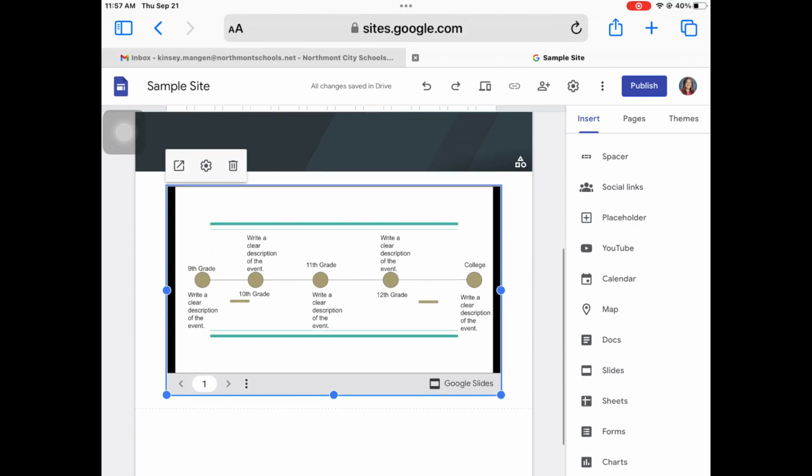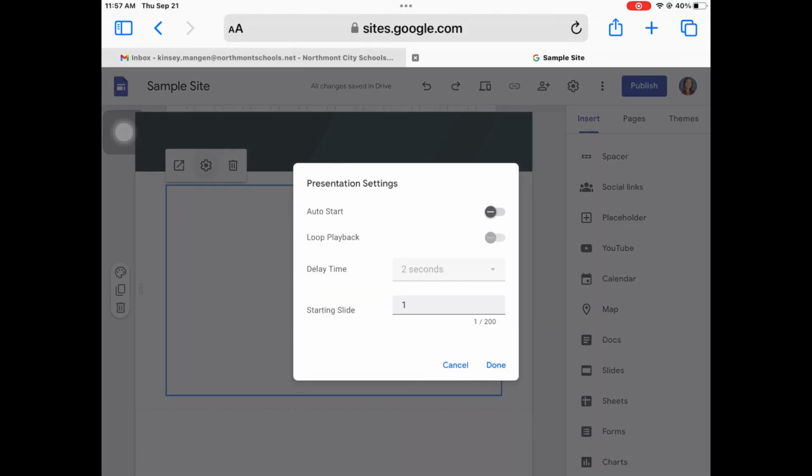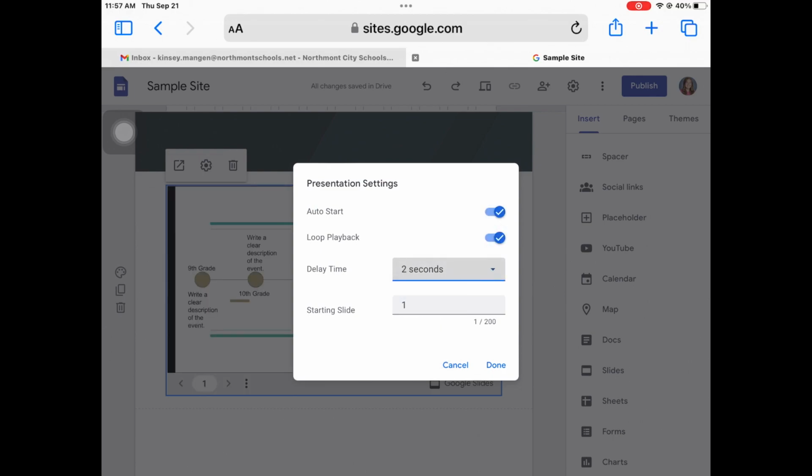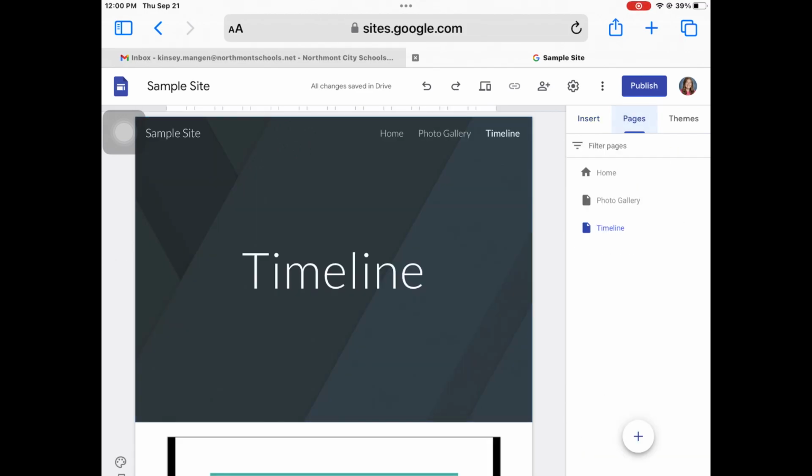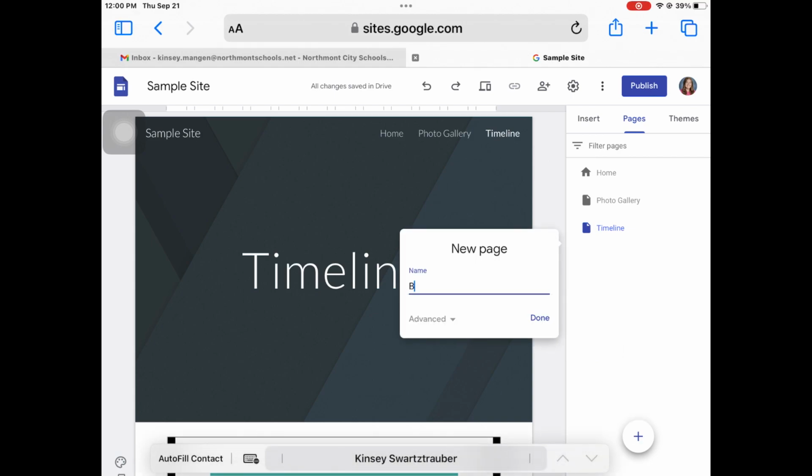You can adjust the size so it's a little bit larger and easy to view. And you can change the settings to auto start. You can loop a playback so it will continuously play, and choose how long each slide will show. To add another page, we'll go under Pages in the right navigation, click on New Page, and title this one for your